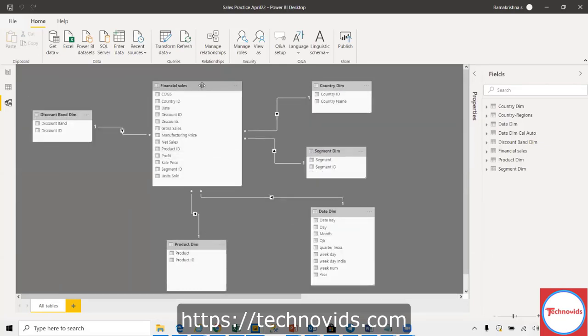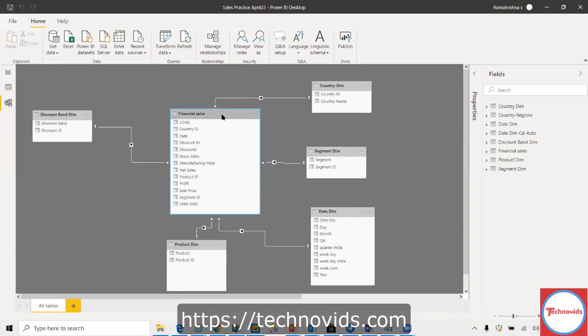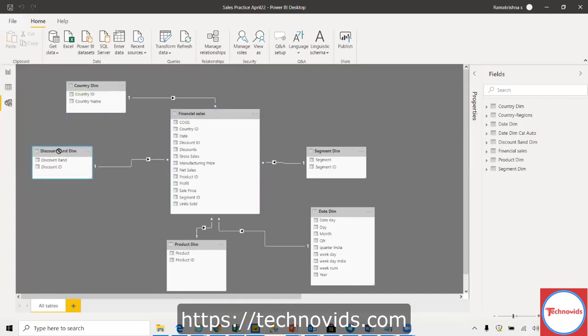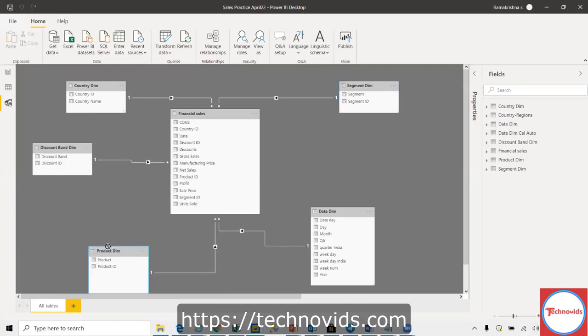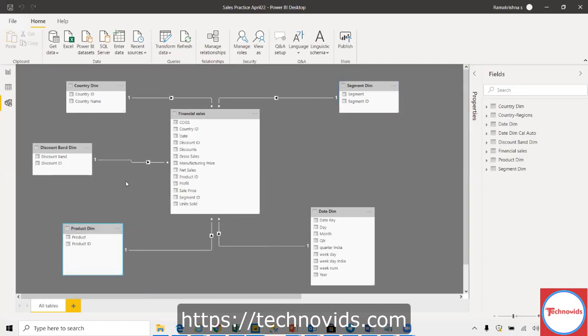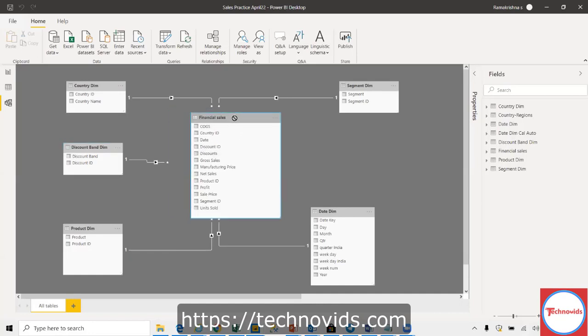So this is what we describe as a dimensional model. We have a central fact table, and you can imagine it is almost like a star structure, except for this addition. There may be one more thing. That's why it's named the star schema model. There is a central table surrounded by the dimension tables. Hopefully now you are able to connect the dots.